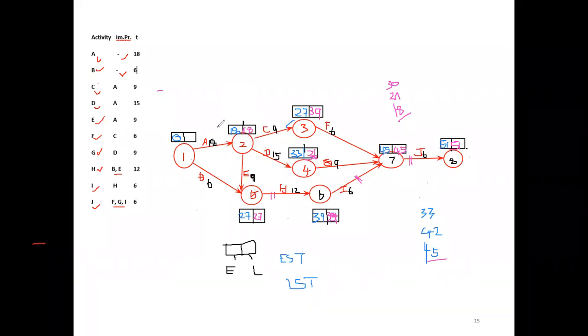Now EST is equal to LST, but through C and D, you can't identify that C and D are critical path activities. Only this 18 comes through 27 minus 9, only through this E activity. Through the D activity, that is 21. Through the C activity, that is 30. The least one, 18, comes through activity E. So you can only mark E as the critical path activity. That is the method.